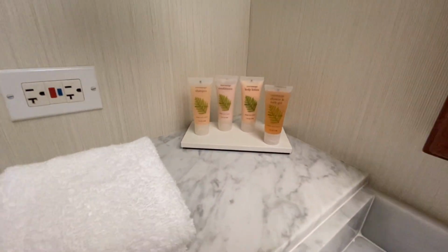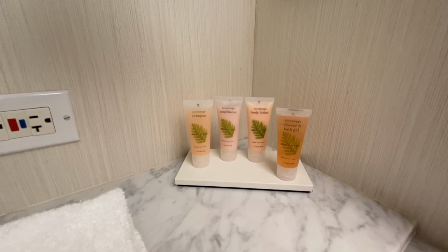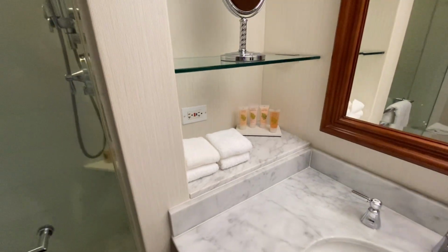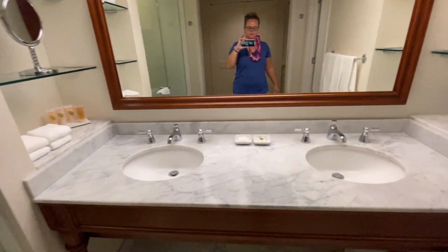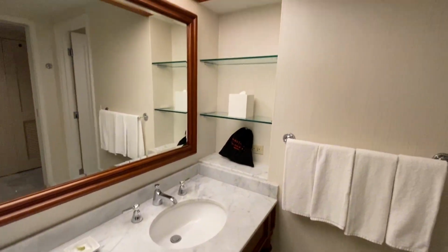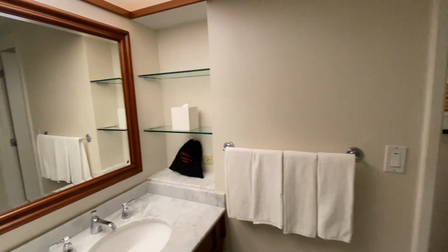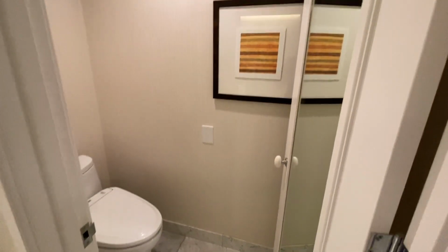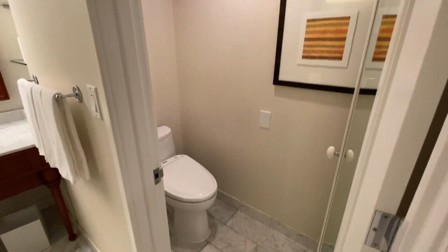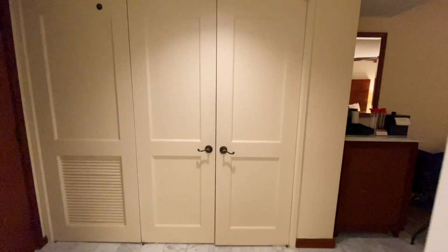You have your shampoo, conditioner, body wash, lotion, which are all from the Anara Spa from the hotel. Makeup mirror, extra towels, soap, hair dryer, and your tissues. Over here in the toilet area, you have a separate door with a full-length mirror and a toilet with a nice bidet. Coming around here from behind the bathroom, you have your closet area,